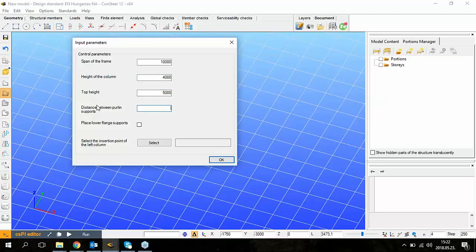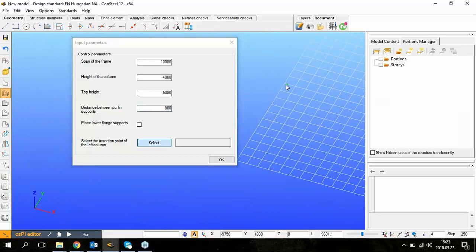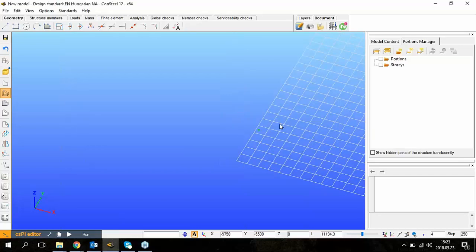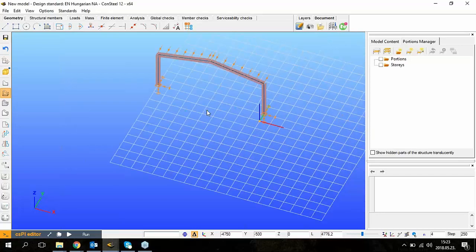We can set in this case the purlin supports distance, the distance between the purlin supports. Let's say it is 800 millimeters. We have a decision to place lower flange supports or not, and also we can ask the user to select the insertion point of the left column of the frame. Of course, any kind of parameters can be asked from the user. Right now I have chosen only these few, and if I click on the OK button, the frame will be created according to